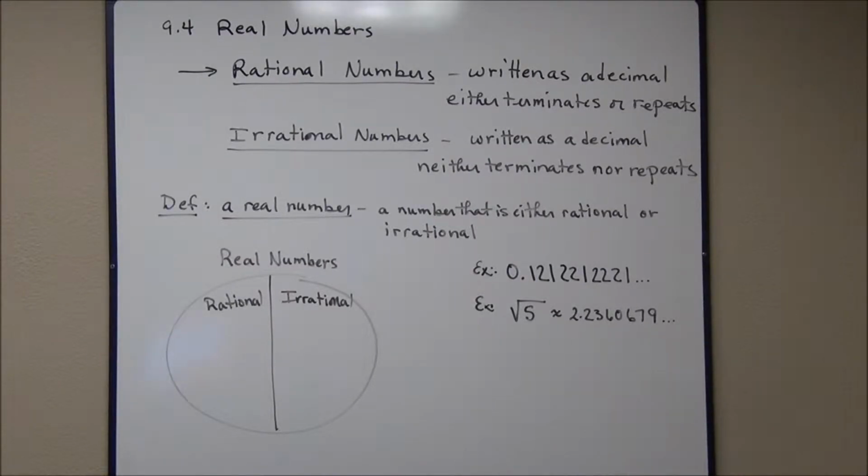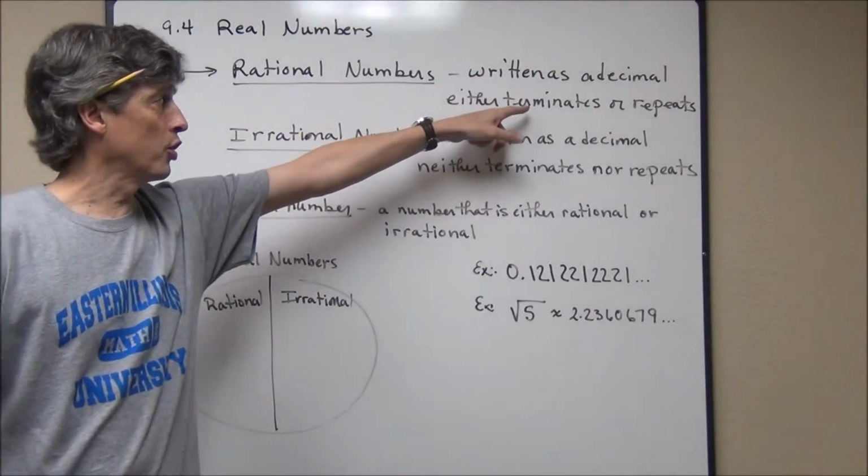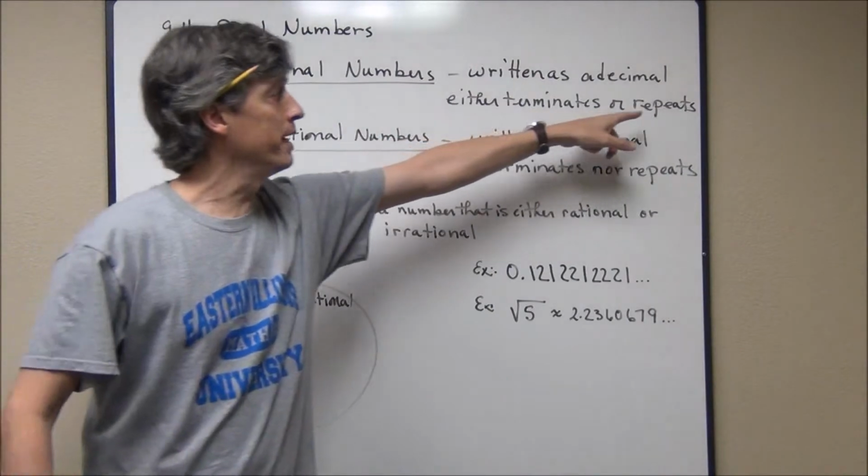Okay, we're going to do lesson 9.4, which is entitled Real Numbers. Now, up to this point, just about everything that we've worked on in this class has had to do with rational numbers, up until this chapter anyway. Rational numbers are numbers that typically can be written as a ratio, as a fraction. As a decimal, when you write a rational number as a decimal, it either terminates, it stops, or it repeats,